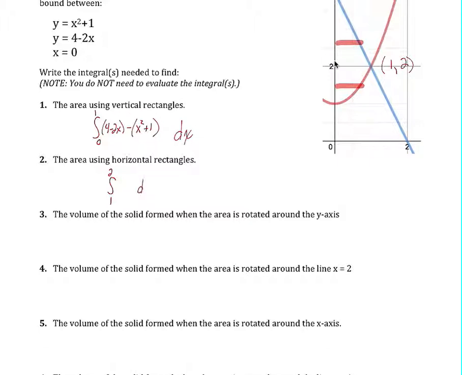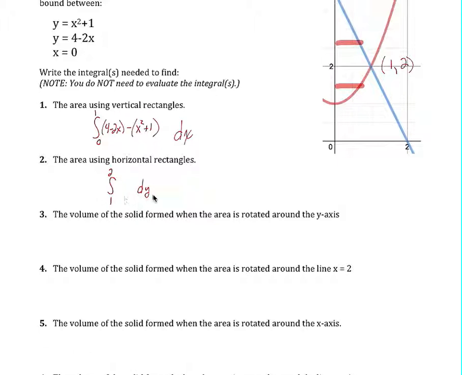Each one of those rectangles is dy tall, and the length is from here back over to the y-axis. And that length is defined by the x-coordinate of this point. We're doing an integral in terms of y,